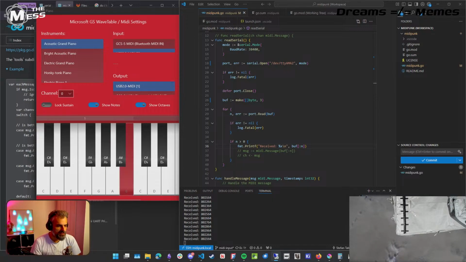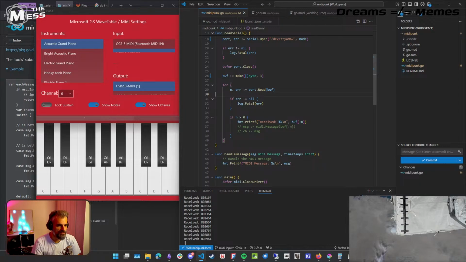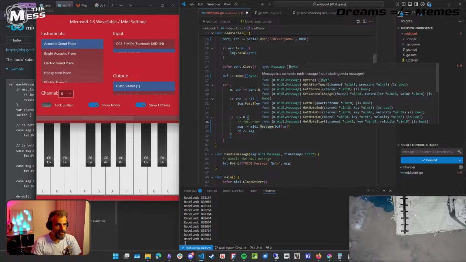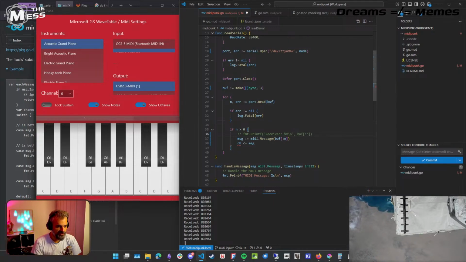Okay, right, let's continue. So we're getting these random messages here. Let's see if we can get something through the channels instead. So I'm just going to print out the buffer. I'm going to actually try and parse a MIDI message using the MIDI package from the serial buffer. I don't know what I'm doing yet. So